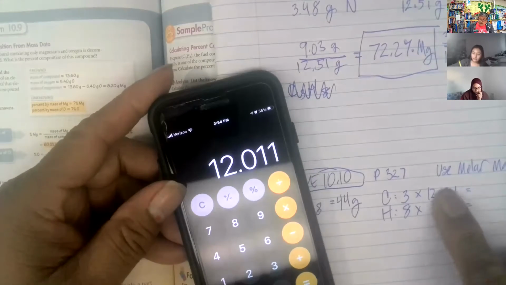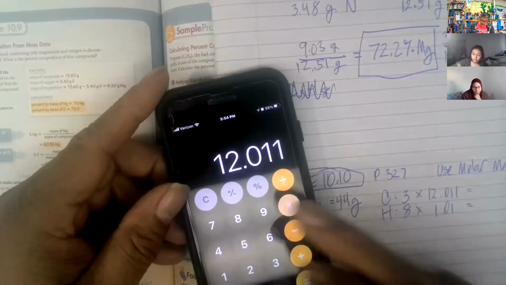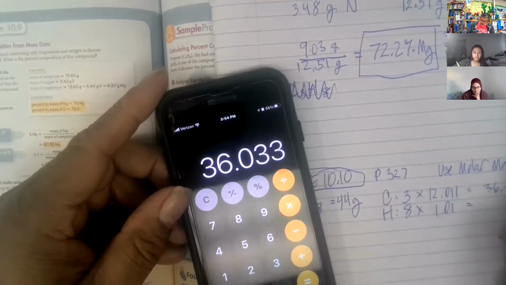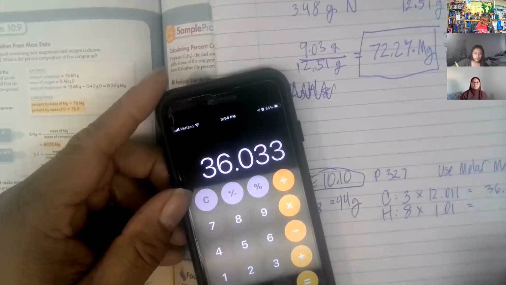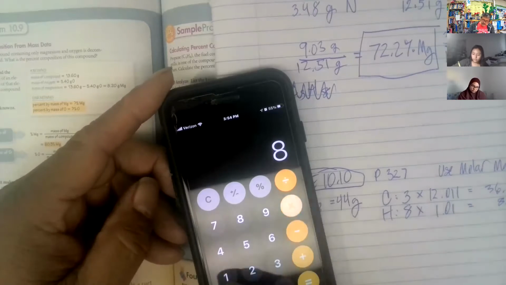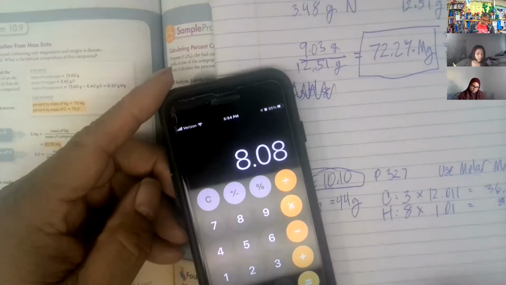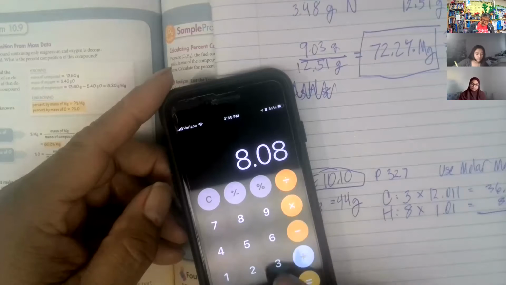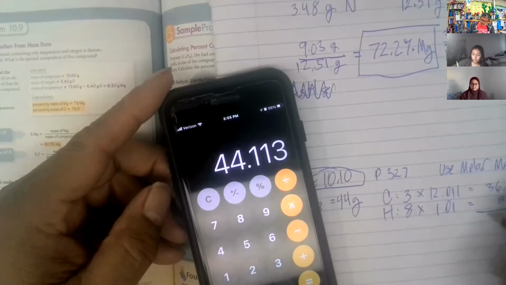12.011. This is from the periodic table of elements. Times 3 equals 36.033. Probably could have done that one in your head. This one's 8.08. Probably can do that in your head, but let's make sure: 8 times 1.01 equals 8.08. Add those up. You get 36.033. Total is